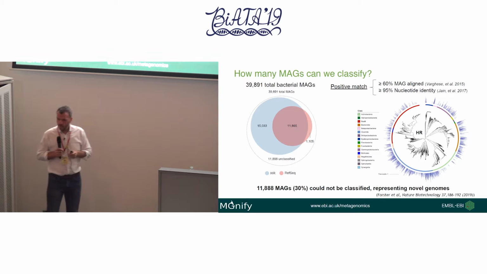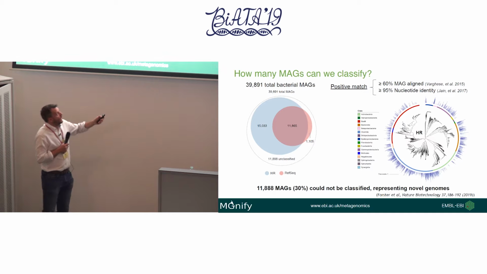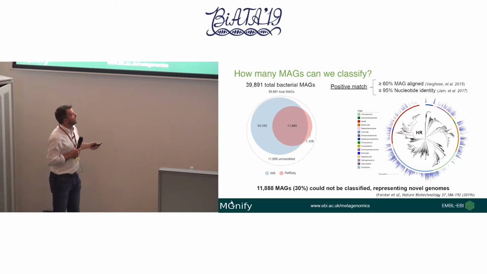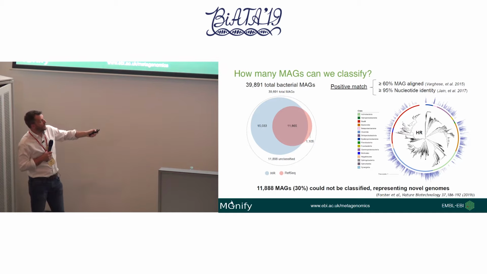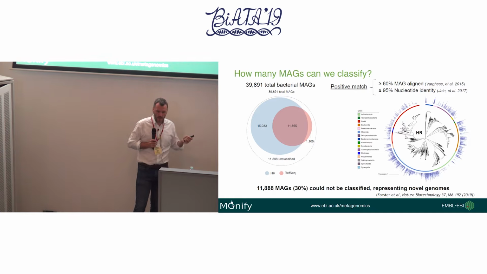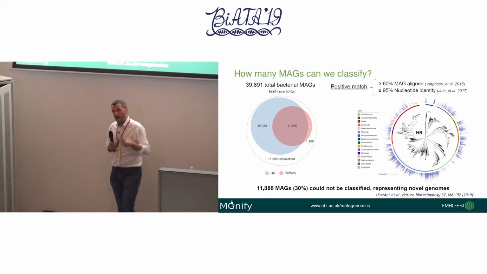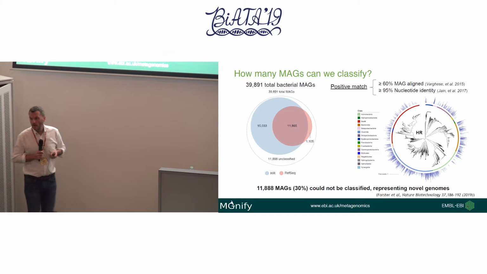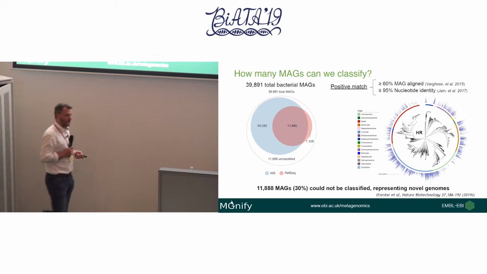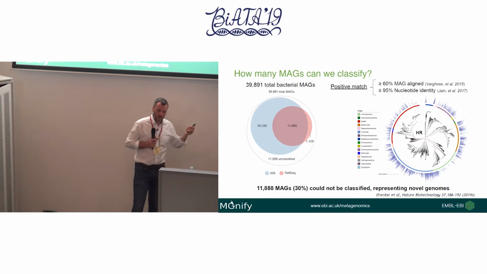If we still just focus on the classification of those things that we can match to an isolate genome, here, we plot the phylogeny of all of those isolate genomes according to their 16S, and then put the occurrence of matches to the species that we have for the MAGs. What we find is we see the same MAG over and over again for many of these. So we have very good coverage of this phylogenetic tree. The colour code indicates a different class, and these whiskers outside indicate the frequency of that MAG that has matched that species.